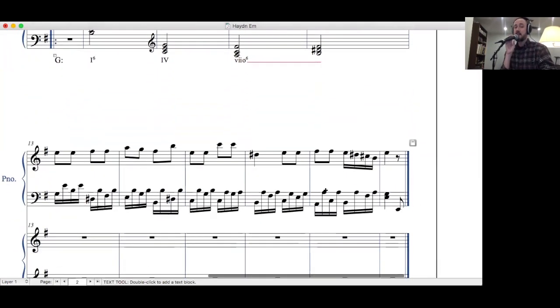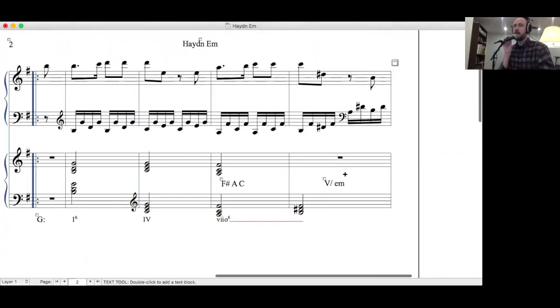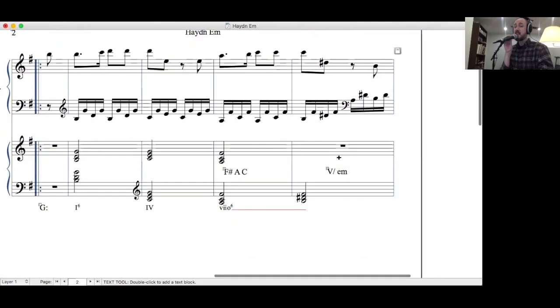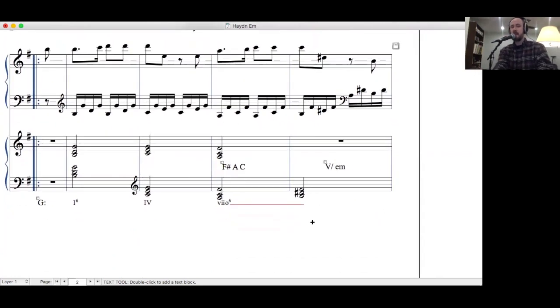By the end of this sucker, we are in E minor. We end on this nice, dark cadence in E minor. We're going home, people. We're going back, right? So if this is the dominant of E minor, that's significant because, remember, we're in G